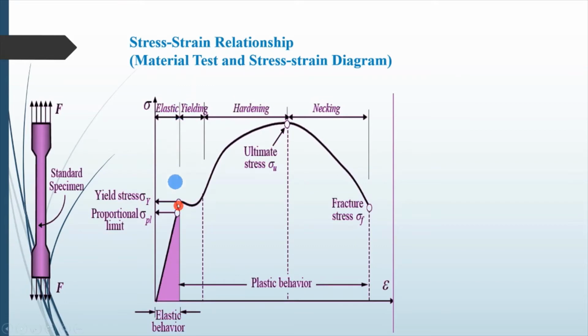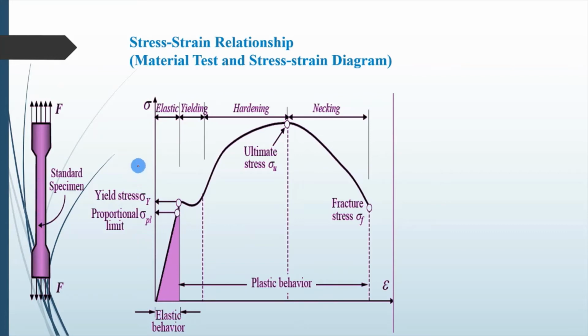Now we'll see the stress strain curve for ductile material. This is the curve of stress versus strain for the ductile material. Before going to this curve, we'll start with the standard specimen. Whichever material you want to test, you need to make the specimen as per the given dimensions. After making the standard specimen, you need to load it in the UTM, held between the upper crosshead and middle crosshead, and the load will be gradually applied on the specimen for tensile testing.